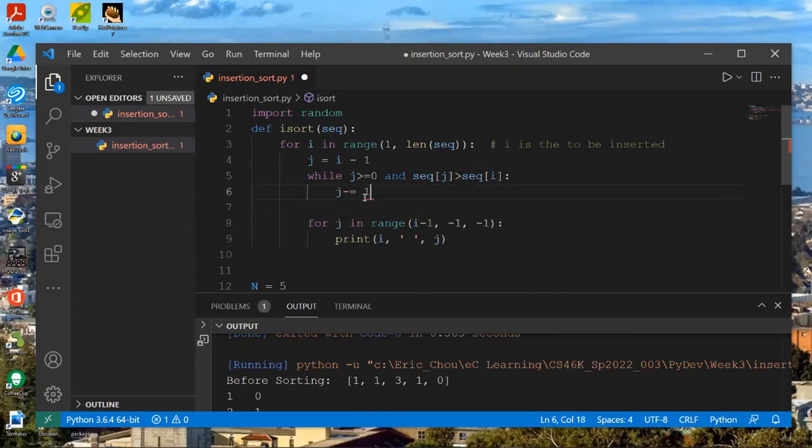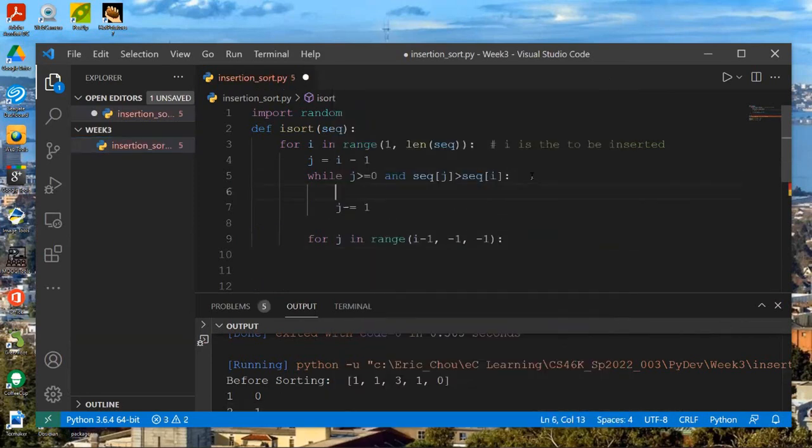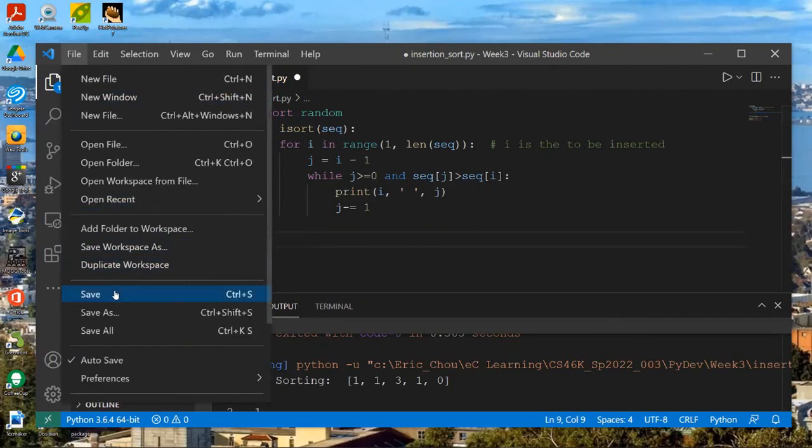J decrease will decrease by 1. So this for loop, we are going to modify from the previous for loop version to here. Is that okay? Okay, we are going to modify it to here.